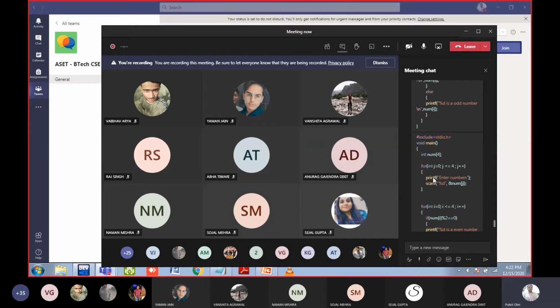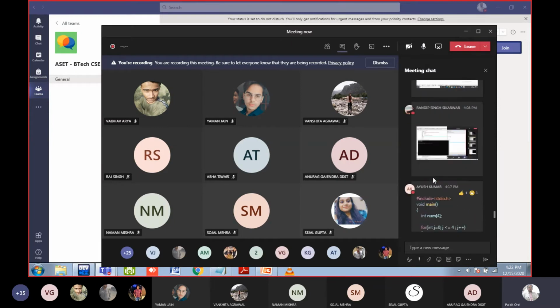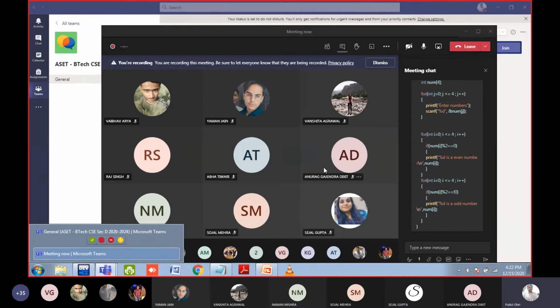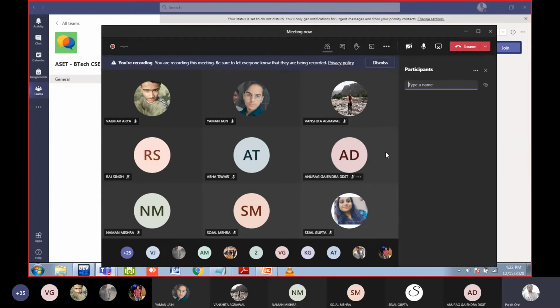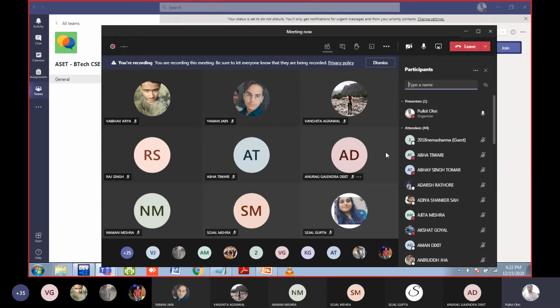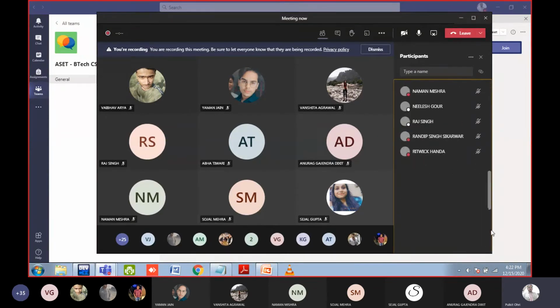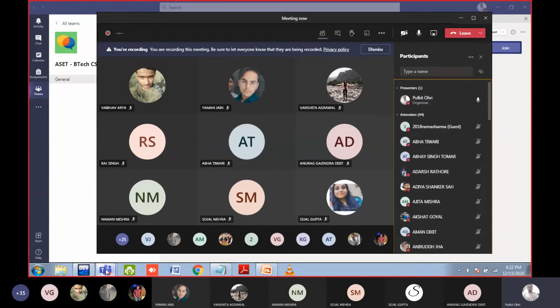No one has answered it. A lot of students have not answered this. Shall I write the code? Raise your hand if you want me to write the code for this particular question. If you are not able to write the code, raise your hand. And of course, if you are an old student, just raise your hand.